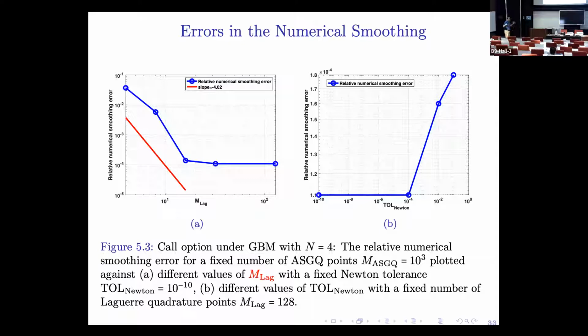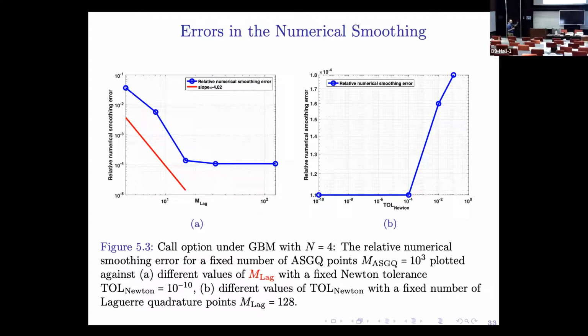Now, we are doing some operation, which is numerical smoothing, but is it costly or not? In that sense, here we look at the cost of each. We have two operations in numerical smoothing: the root finding, and the 1D Laguerre quadrature. So here you see, in some sense, the effect of the number of quadrature points used for the numerical pre-integration. And here I'm showing the relative smoothing error by fixing